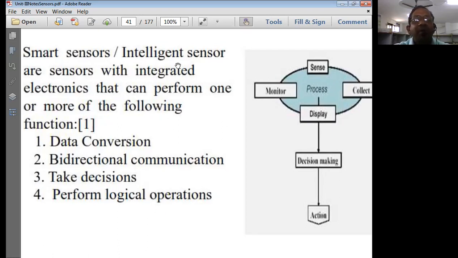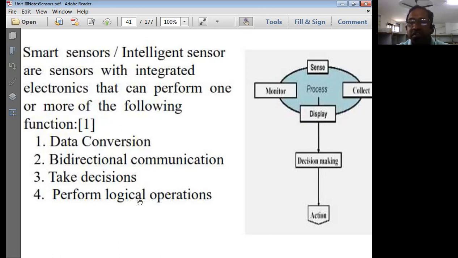Similarly here, apart from sensing, it performs so many operations. The operations need not be only these; it is normally multifold based on the applications. That is an important point. The functions could be like data conversions, analog to digital and digital to analog, which are basic conversions. We normally prefer bidirectional communications, which means a full duplex communication. In full duplex communication, it has to do some processing for such bidirectional communication.